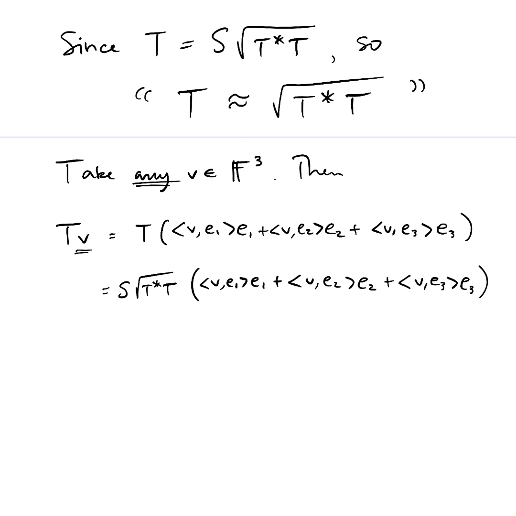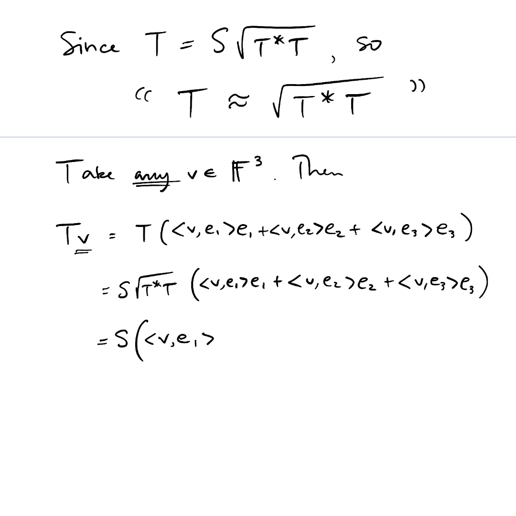Don't forget that each of those inner products is just some number, and that each of the vectors e is an eigenvector of root T star T. So really we have S acting on, okay, now the root T star T passes through the parentheses and we get